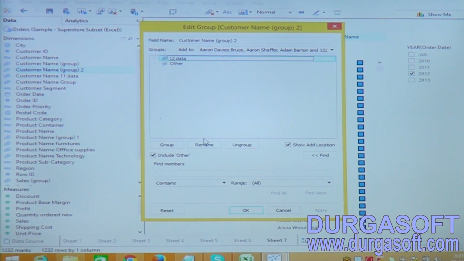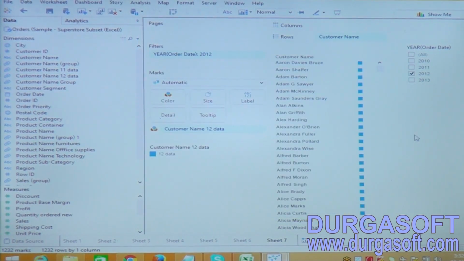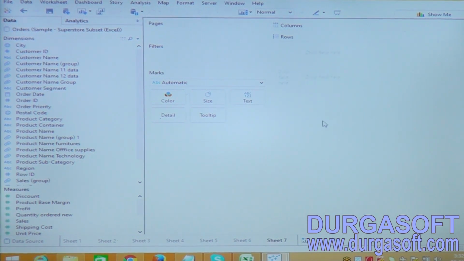Data. They are from 12, and change that to 12 data. So now click OK. Now see this, how many in 2011 and how many in 2010. To do that, you just drag this 2000